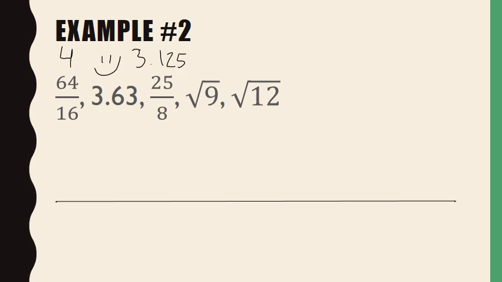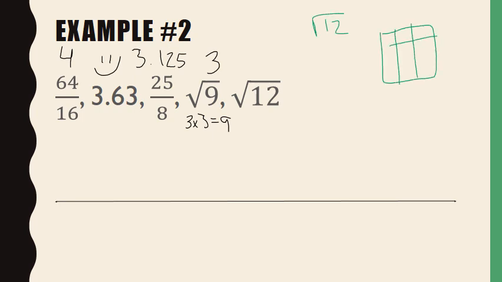The square root of 9 is one of our perfect squares because 3 times 3 equals 9. The square root of 9 is actually going to be exactly 3. And then finally, I have my square root of 12. This one's not a perfect square, so we're going to have to estimate here. So I'm going to draw the closest perfect square without going over, which would be 9 for the square root of 12. I'm going to start with a 3 by 3 square,